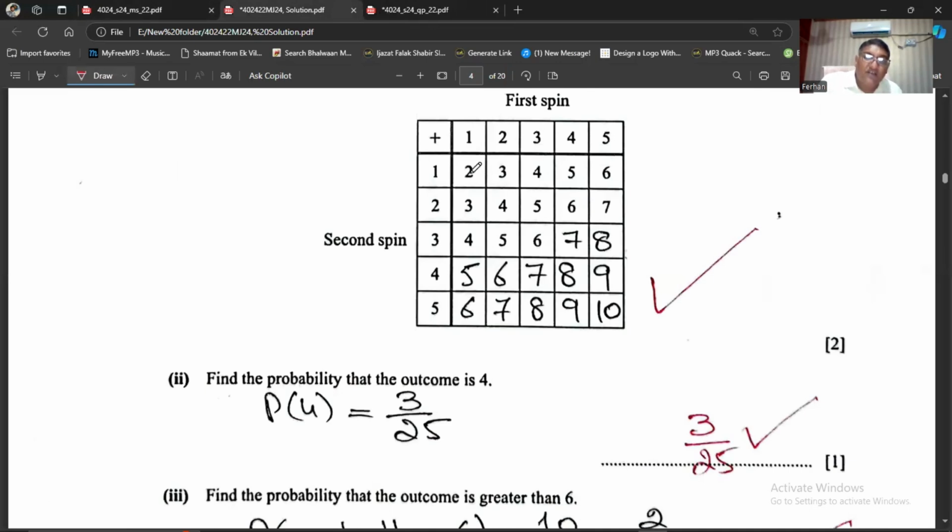Total outcomes are 1, 2, 3, 4, 5. 1, 2, 3, 4, 5. 5 multiply 5, that's 25. So the total outcomes are 25. So how many times there is 4? 1, 2, 3, 4. So the probability